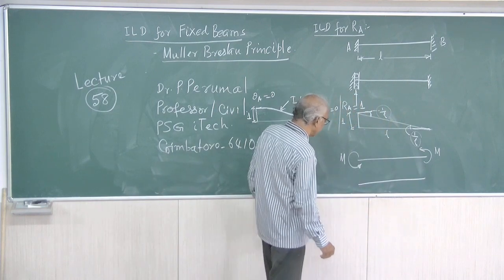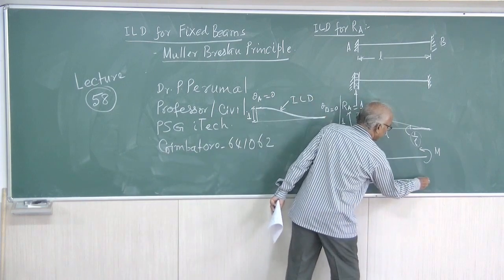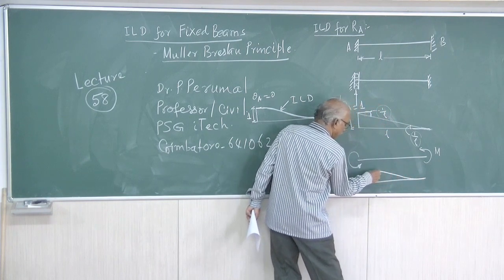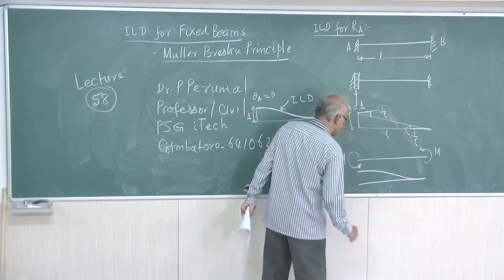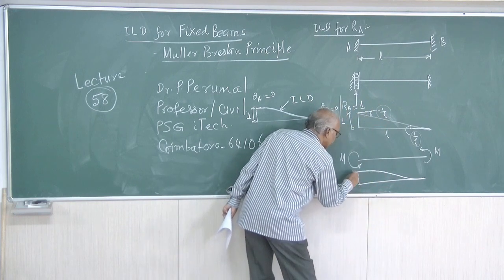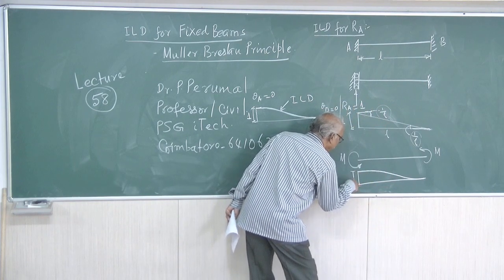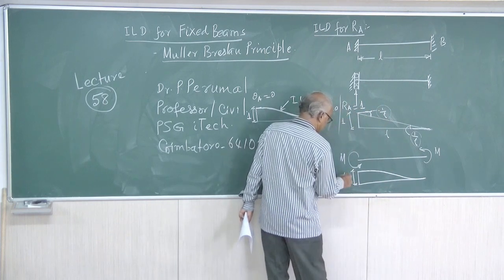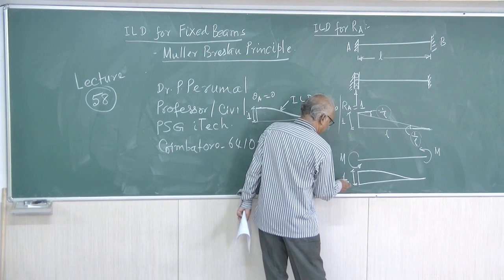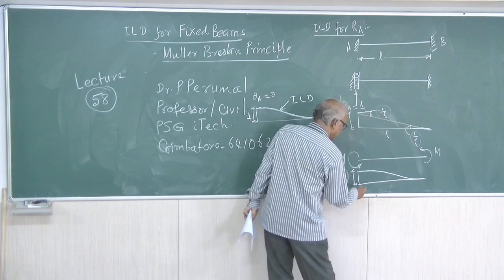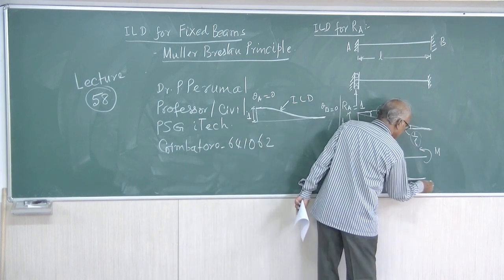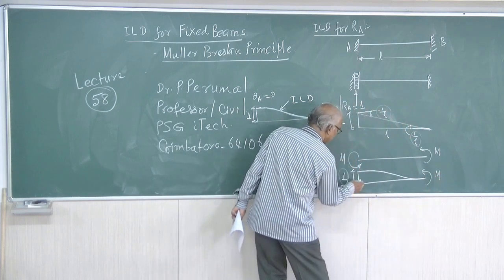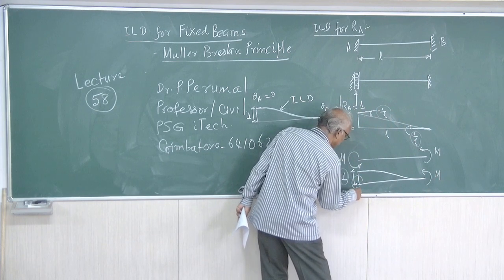And this is the influence line diagram. The influence line diagram will be horizontal, then it will start deflecting, again it will be horizontal. So this is going to be the influence line diagram when this is equal to 1. Of course, we will come to this finally. Now, here we have M, and here also we have M, anti-clockwise moment M.